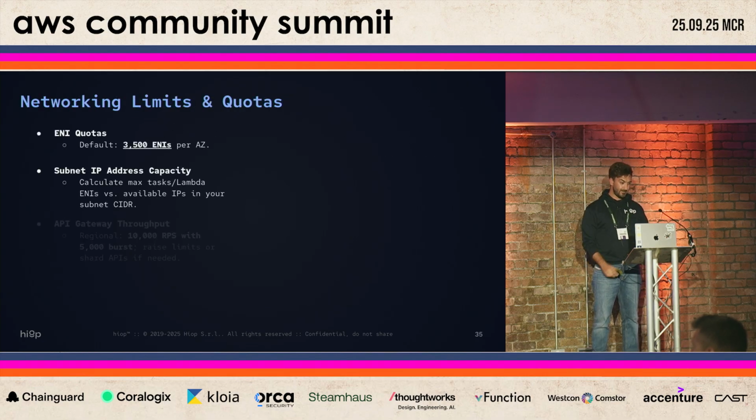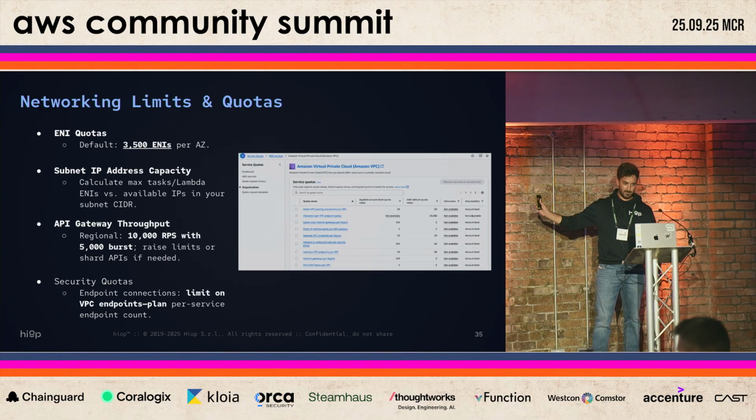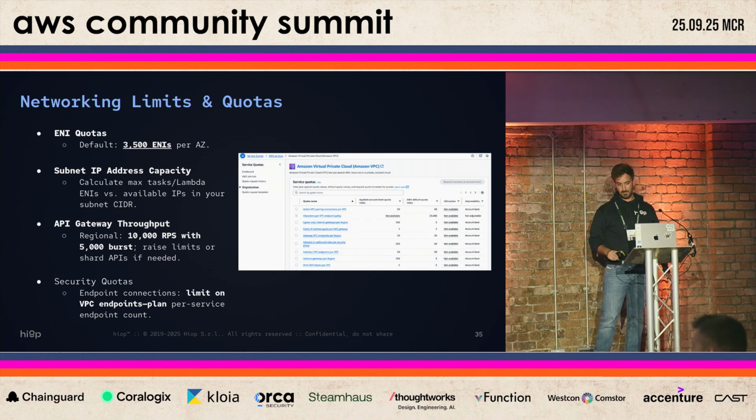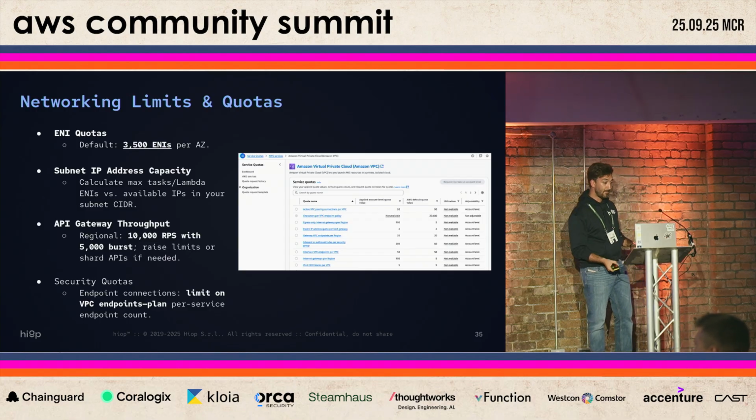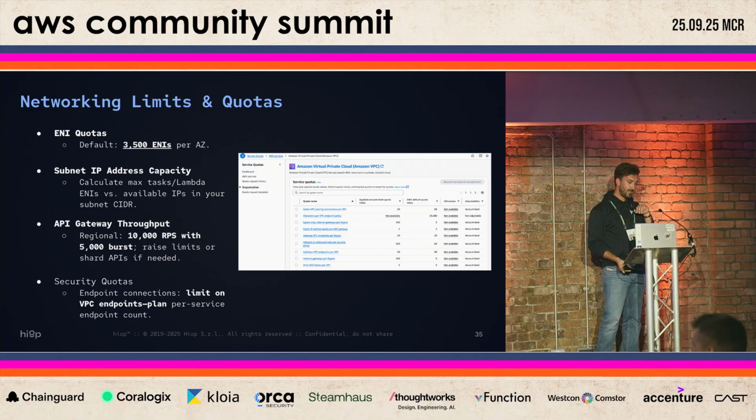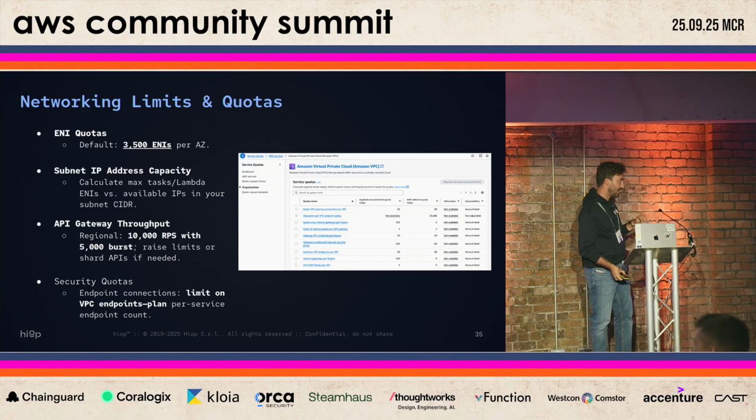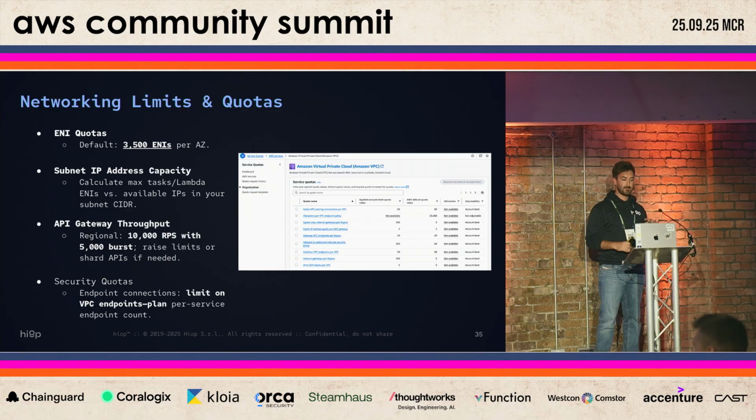Last but not least, AWS has some networking limits and quotas that you can see on this amazing page. They change by region, so I will not mention the specifics, but for example, every availability zone has a 3,500 network interface limit.